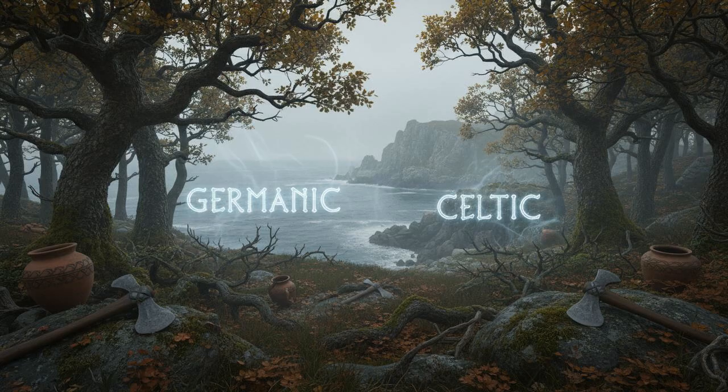They contain a substrate of non-Indo-European words, mostly terms for sea life and local flora, suggesting that while the Yamnaya migrants imposed their language, they absorbed elements of the local tongue as they married into the population.